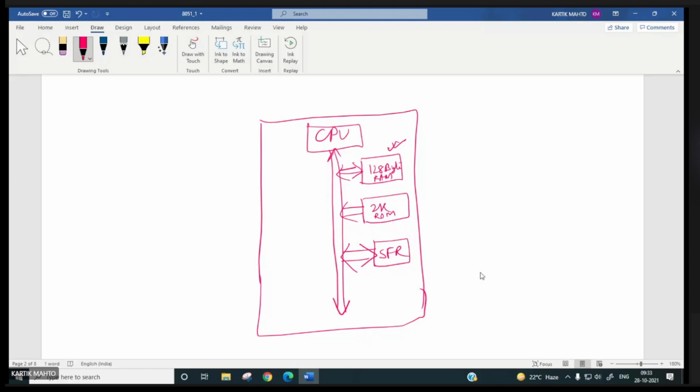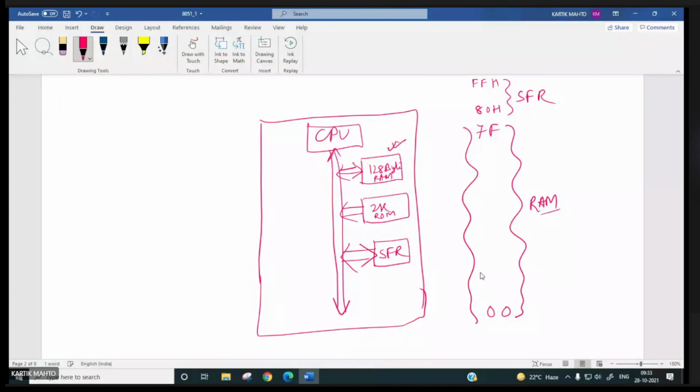So it will go from 00 to 7F, and 80H to FFH will be the SFR, and these will be the internal RAM. So let us discuss what is inside this 00 to 7F.